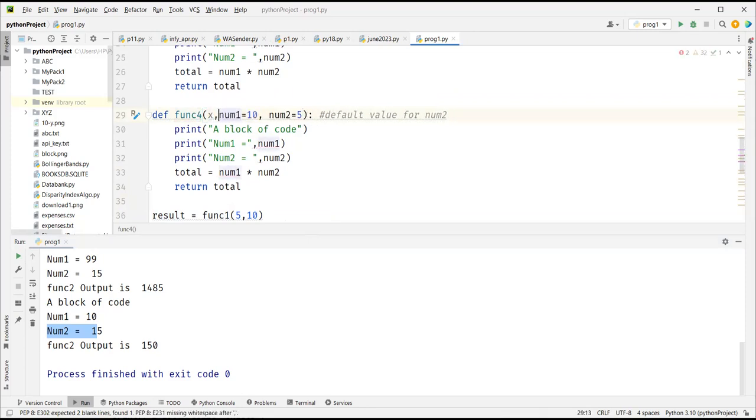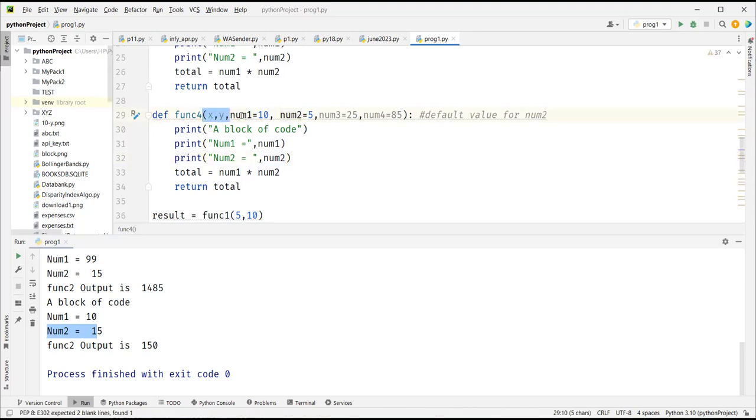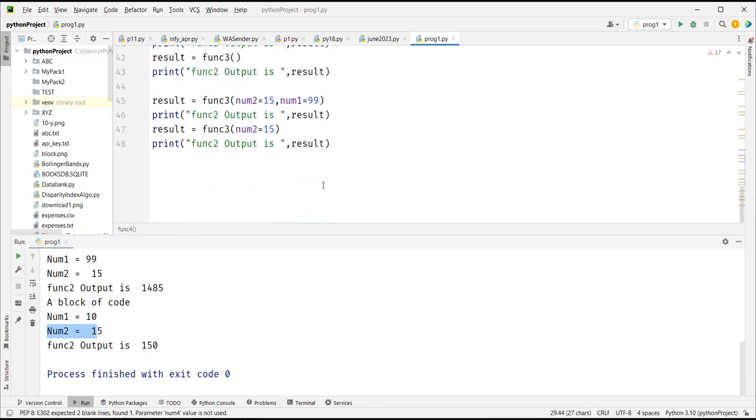Now in this case, what does it mean? It means that you have to provide the values for x and y. And the rest of the values, you don't need to provide: num3 equal to 25, num4 equal to 85, whatever. So in this case, it's a mix of all the things. You have to provide the x and y values and you don't need to provide these values. So when I call func4, I have to provide